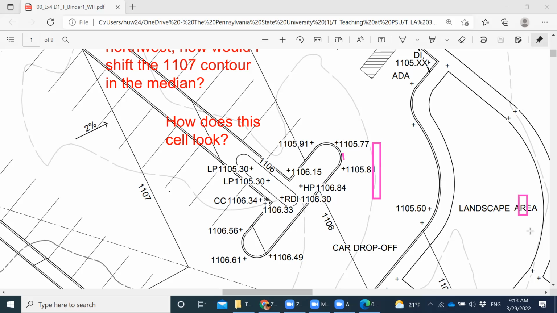This is at roughly the same height as your curb cut over here. So this one, the curb here, top of the curb is about 1106.3. And here, no, bottom of curb. Oh, sorry, top of the curb is 1106.3. Here, the bottom of the curb is 1106.3. So if I were to draw,